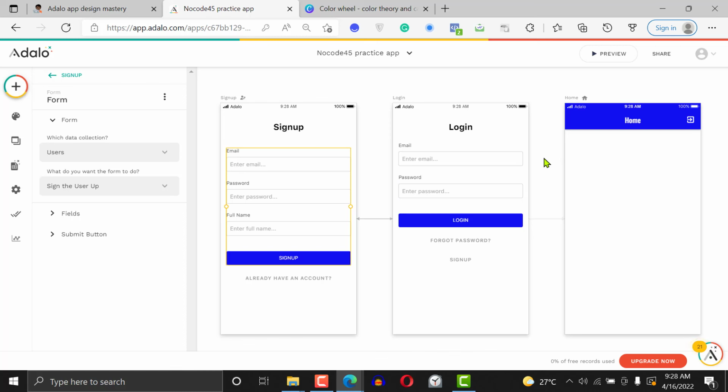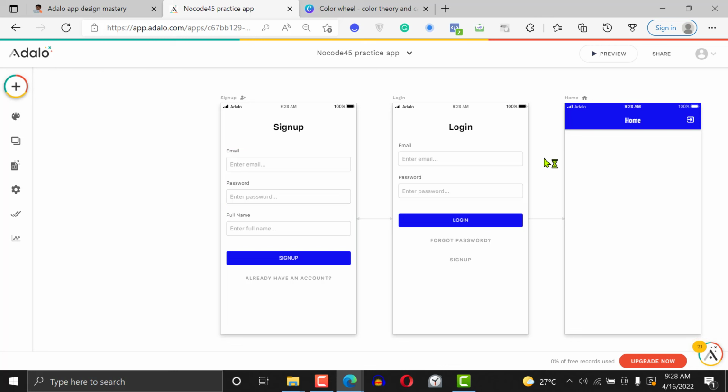They need to be stored somewhere, else you would not be able to find them. If you want to collect data from a user, those data need to be stored somewhere. If you want to send data away from Adalo, those data need to be stored somewhere. So just know, when you're working with data in Adalo, data flows from one screen to another. Hence the reason why your connection has to be dope. If your connection from one screen to another is not well done, you will not be able to